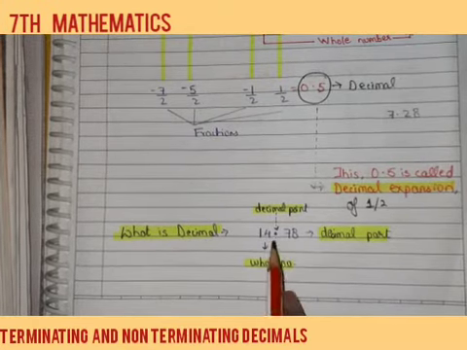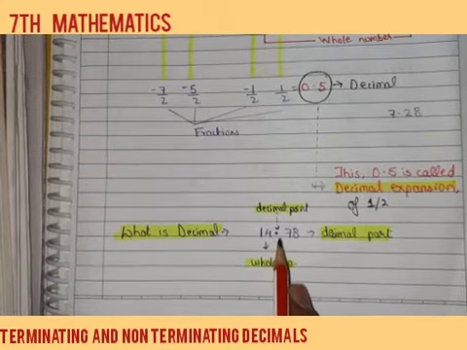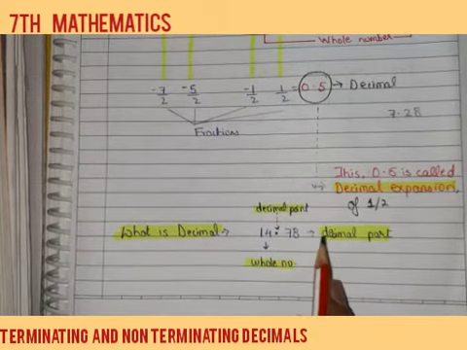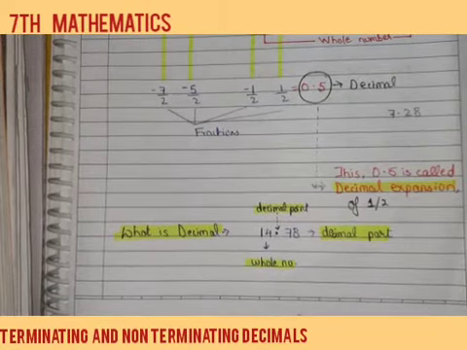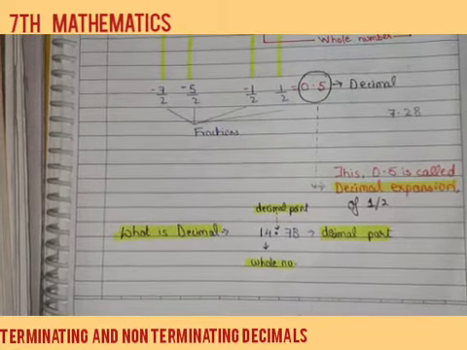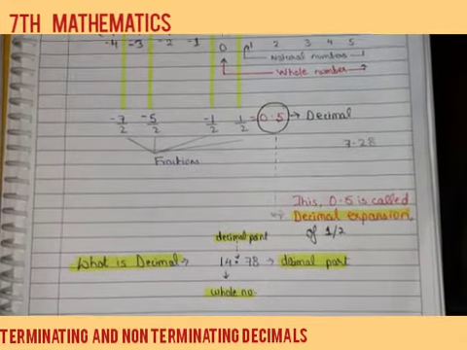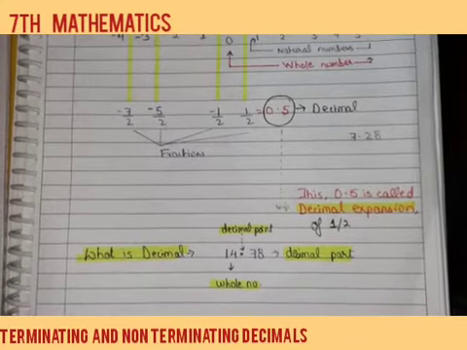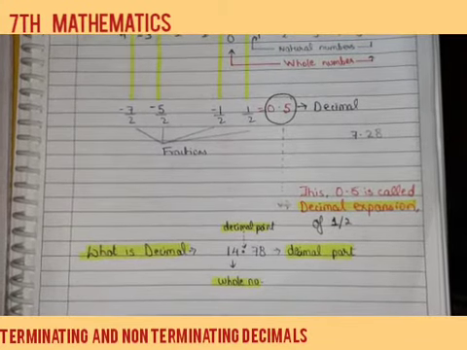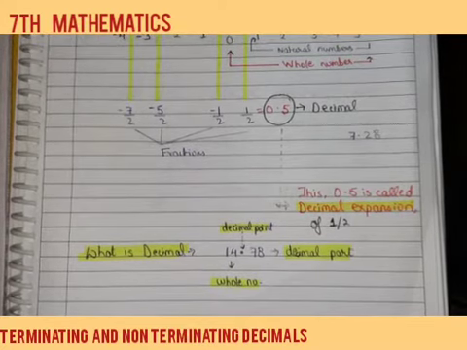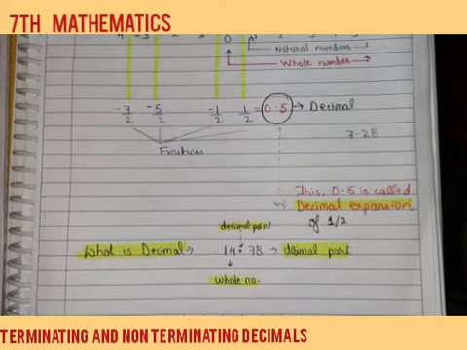14.78, where 14 represents the whole number part. The number after the decimal point, that is 78, represents the decimal part, and this point is known as the decimal point. And the overall thing is known as what? Decimal expansion. Thus, in mathematics, we can say the simple definition of a decimal is, a decimal number can be defined as a number where the whole number part and the fractional part are bifurcated or separated by a decimal point.